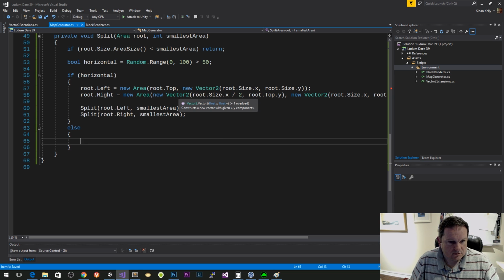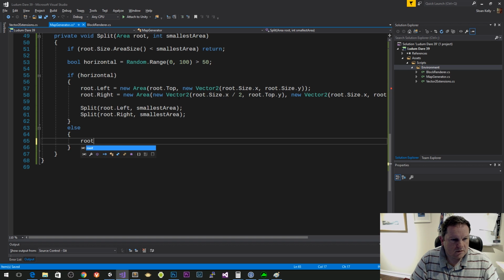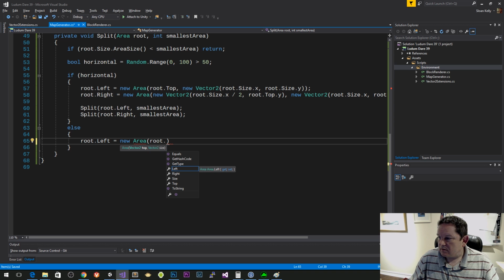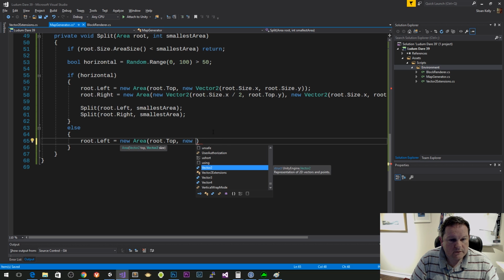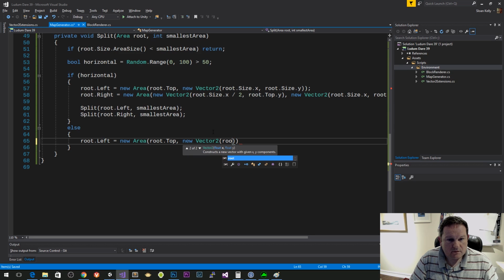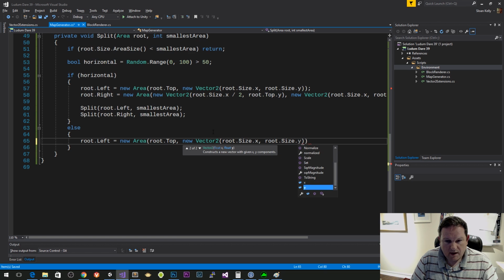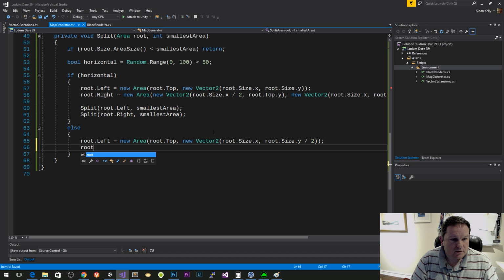Okay, so I want to say root dot left, which in this case is the top, equals new area root dot top new vector 2, and then it's going to be the same width root dot size dot x comma, and it's going to be root dot size dot y divided by 2, and then root dot right, which is the bottom,